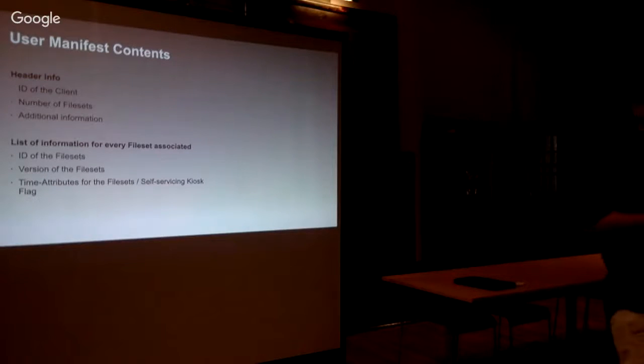What does the manifest contain? It is the ID of the client, the number of file sets. A file set is basically our package. It contains either the settings or an application or a profile. It's basically the way we package software or stuff and deliver it afterwards to the client. And some additional information, as well as a list with the version of the file set, because you can modify the file set, press update, and then it's the second version because it contains different things as before, but it still has the same name.